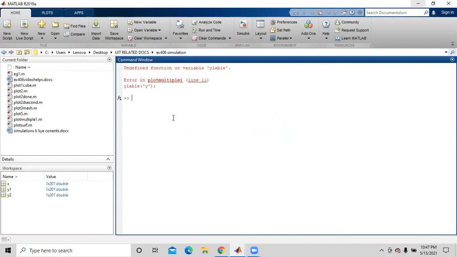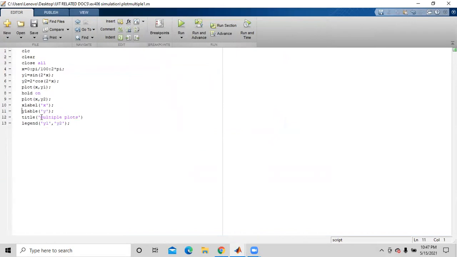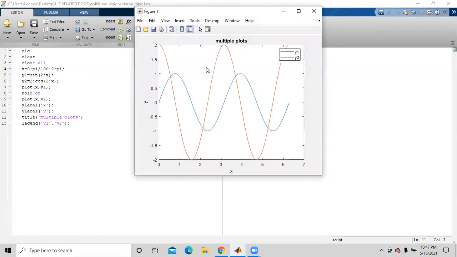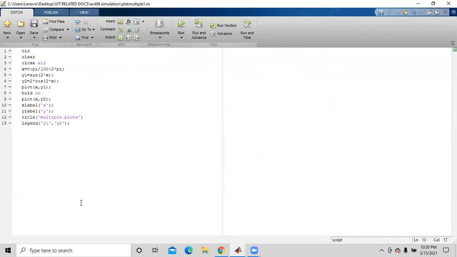Now save it and then run it. See, everything is there. This is your X, this is your Y, this is the title, and then we also have the legends here. This blue one is for the y1 graph and the red one is for the y2.